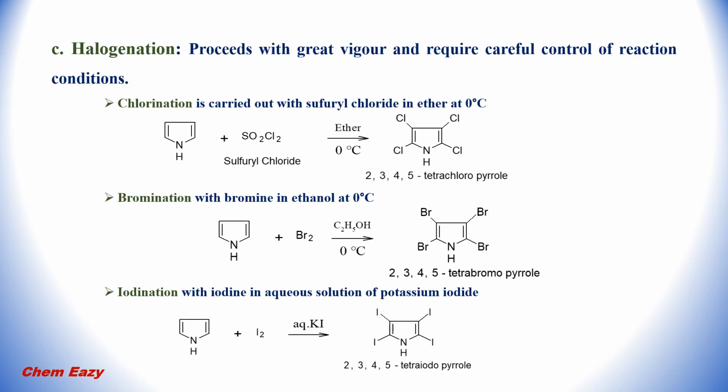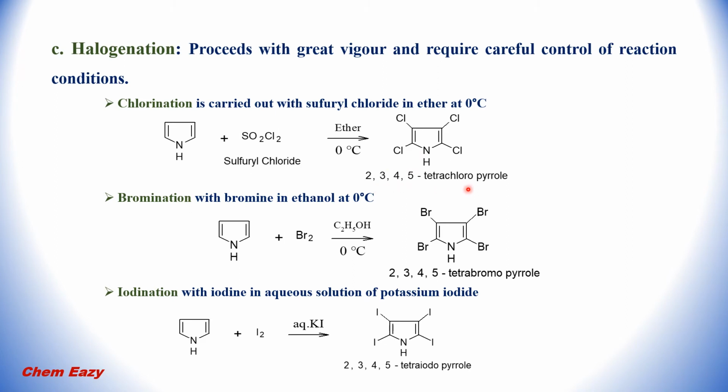Since the halogenation reaction takes place vigorously, it requires careful control of reaction conditions. Under halogenation, there are three reactions, that is chlorination, bromination and iodination. Here we can get tetrahalogenated pyrrole. For example, for the chlorination of pyrrole, sulfuryl chloride in ether at 0 degrees Celsius is used. So by this chlorination process, it gives